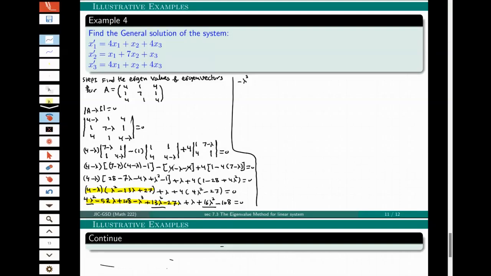Anyway, let's see what will happen. That will be 32 lambda squared. Then I will have for lambda, which is this one, and I have minus 27. Okay, what else? That's what I have. So that will be minus 79